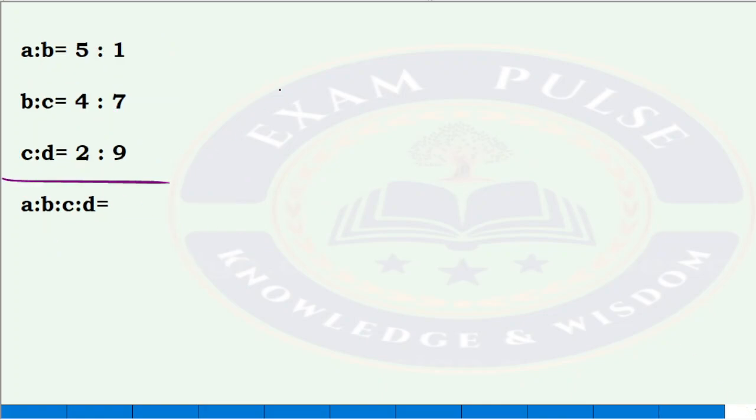Now one more thing. Is it in continuity? Yes. B ending, B starting, C ending, C starting. What about ABCD? First one means multiply all the first values. 5 4s are 20, 20 2s are 40. Leave this B and C and write down the D value. What is D? All denominators. 7 9s are 63. Again, if it is an exam, check for the options.